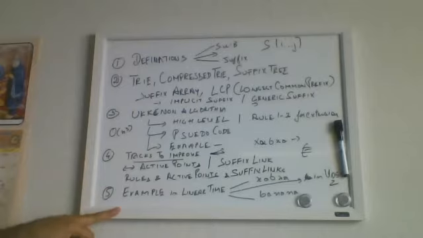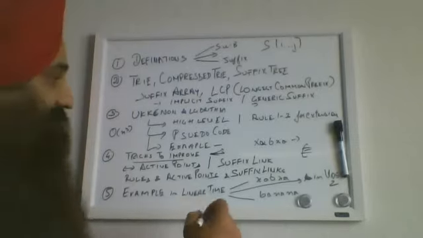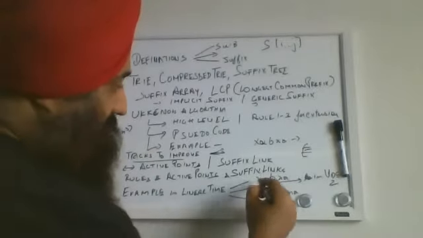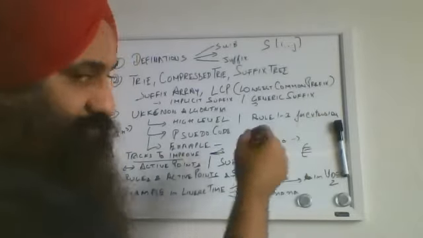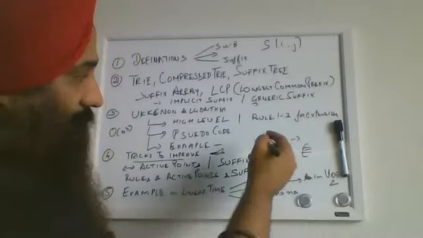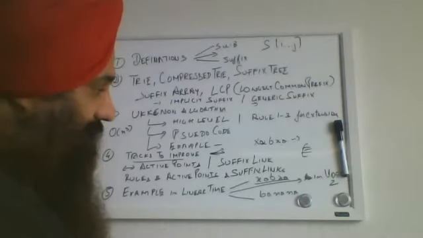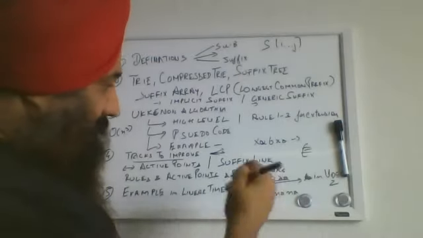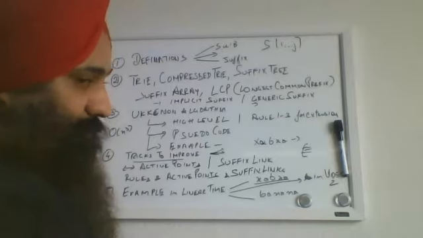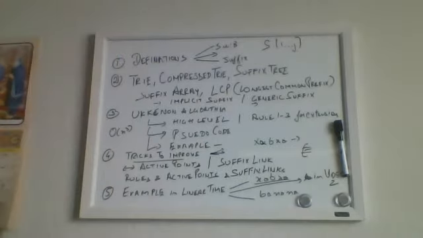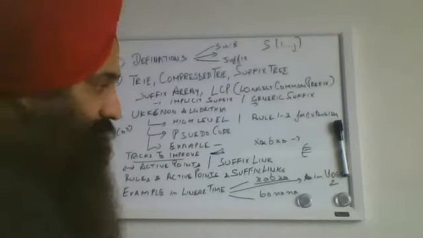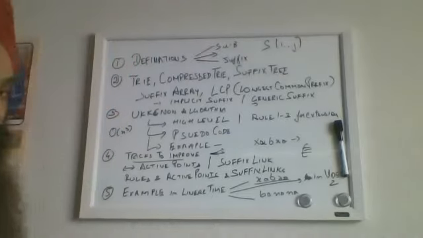After that, I'll show you two examples of constructing a suffix tree in linear time. I'll take the string XABAXA, the same one which we did in section 3, to show you how we do this in linear time. Then I'll take another example, banana, which is a word from a common English dictionary, to see how it's made.